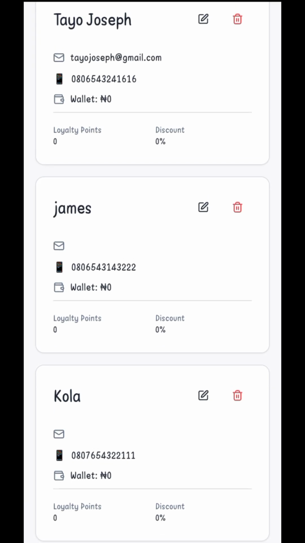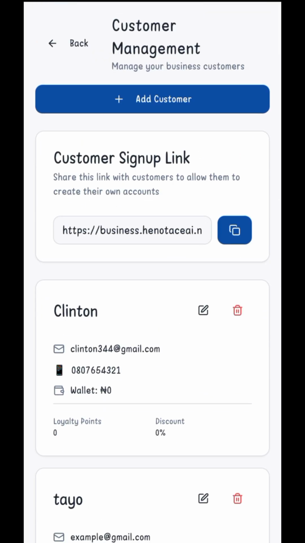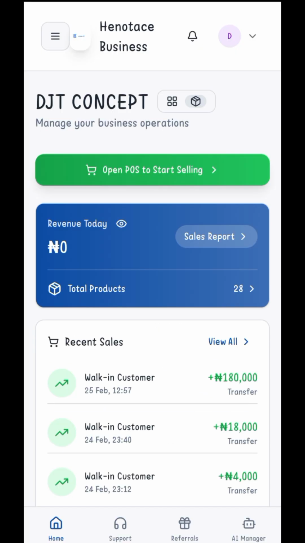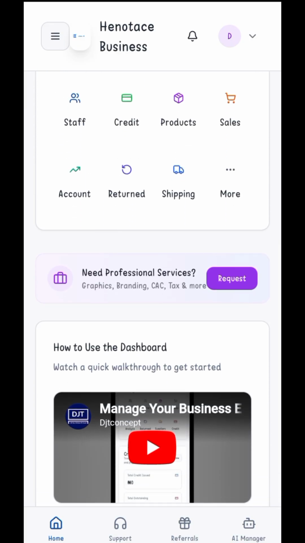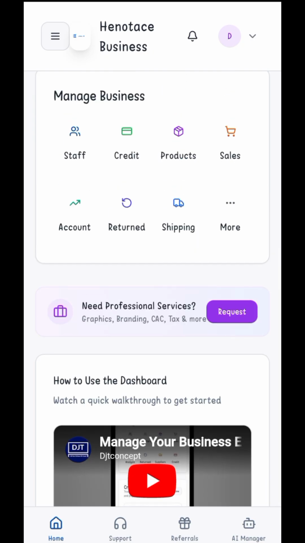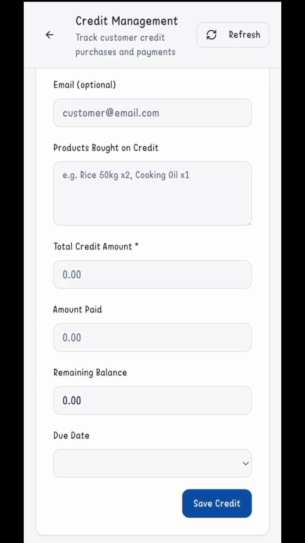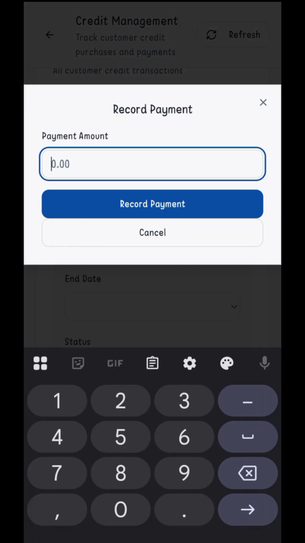So that's fine. Now, what we'll do next is go back to the dashboard and try to pay. Maybe our customer has paid a little bit of what is owing. So we click on credit and record part of what the customer is owing. Let's pay a little bit of it. So let's say the customer paid 150,000 naira out of his debt. Just click here, scroll, come to record payment, then put 150,000 naira there,